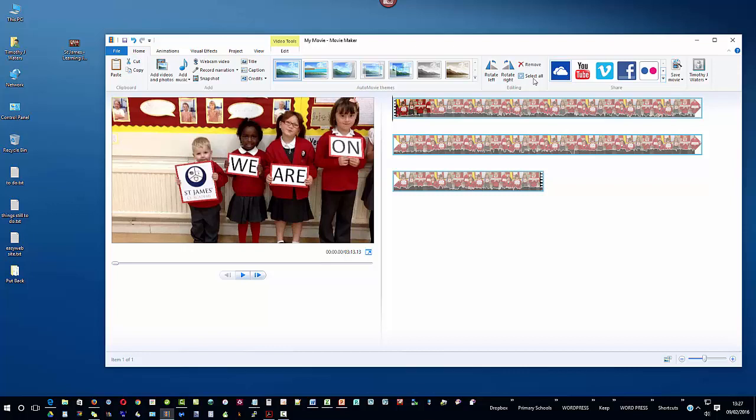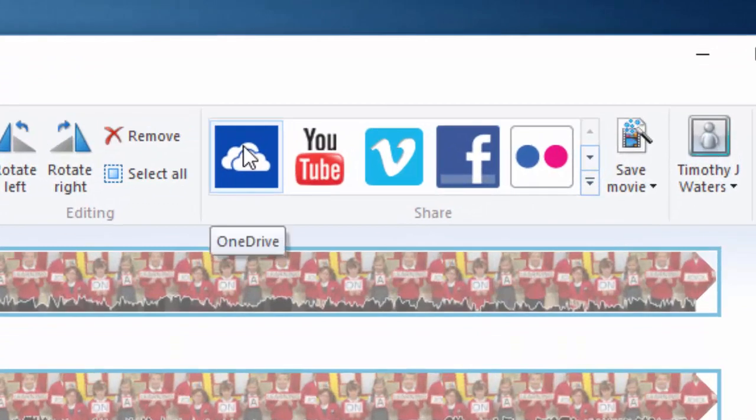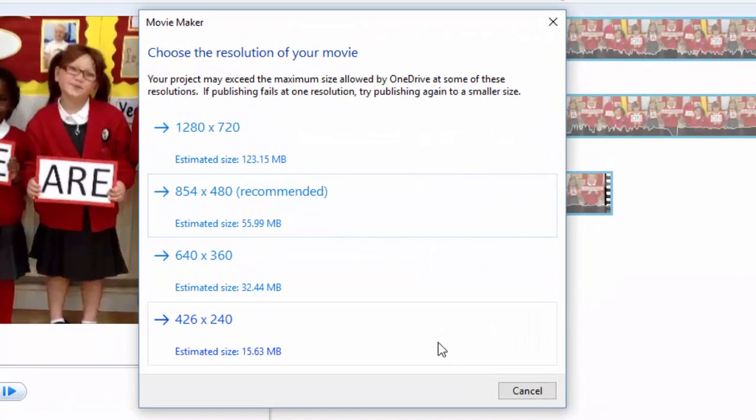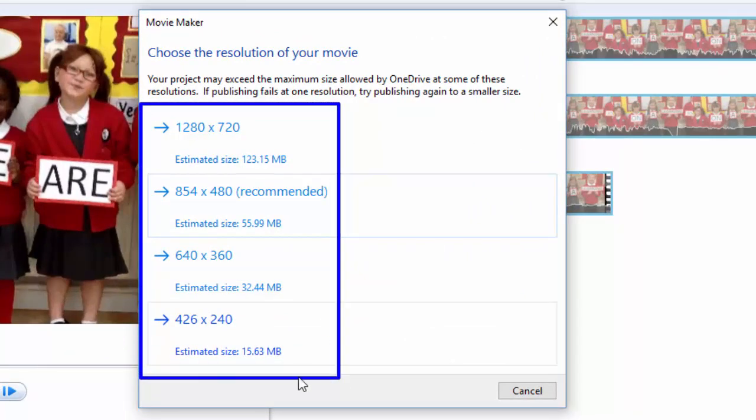So as you can see, here is the timeline of the video, and I can now, if I wanted to, add more videos, or I could begin to actually work on this video if I wanted to add effects or cut bits off, etc. However, I don't want to do that. I simply want to output this. So if I click on OneDrive now, it immediately gives me a list of recommendations of different size outputs